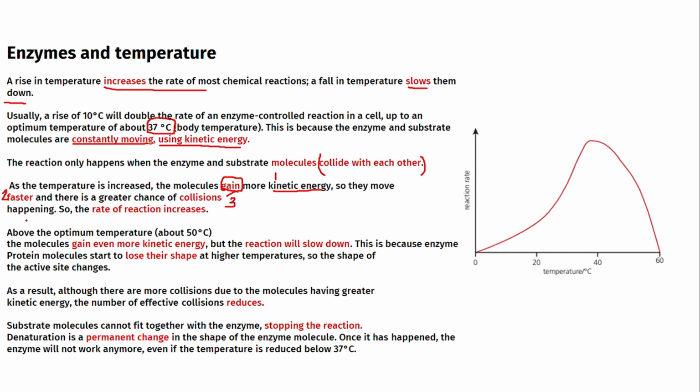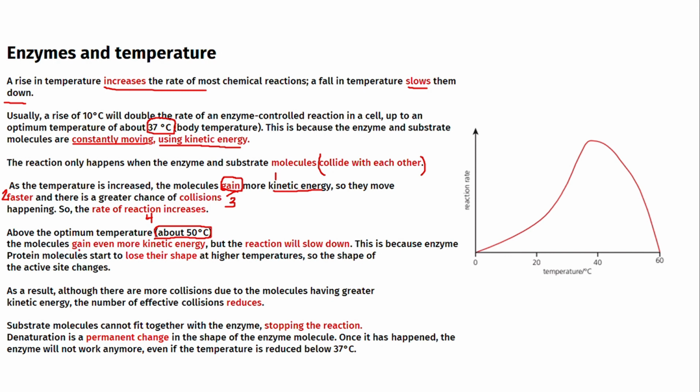Here's number three. So the rate of reaction would increase. Now I'm going to explain more of what would happen if the temperature increases, moving on. So above the optimum temperature, which is about 50 Celsius, you don't need to know that. Sometimes it would depend according to the type of enzyme and the structure and other effects. Now, above the optimum temperature, which, as we said earlier, is the highest temperature before denaturation,